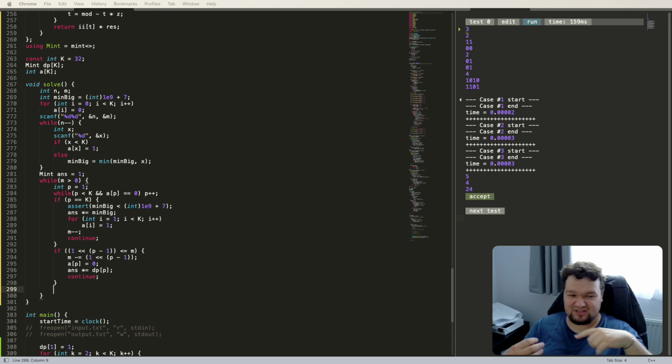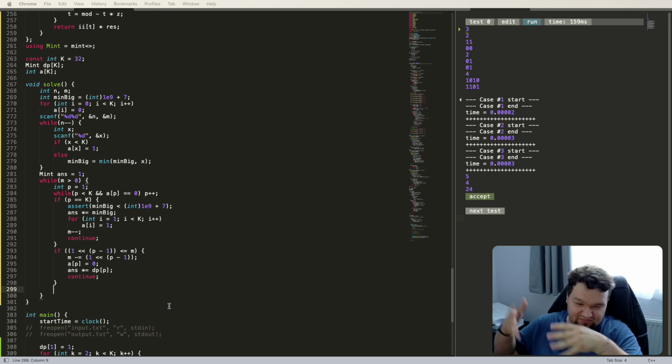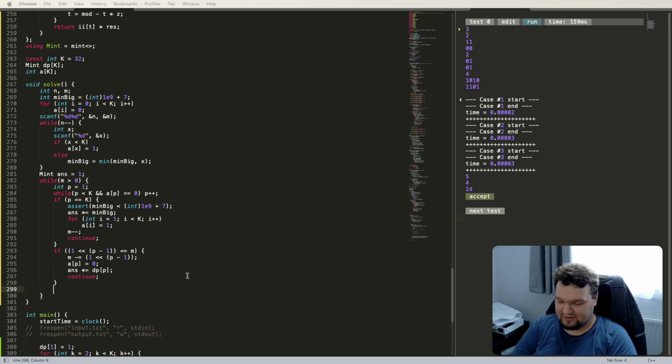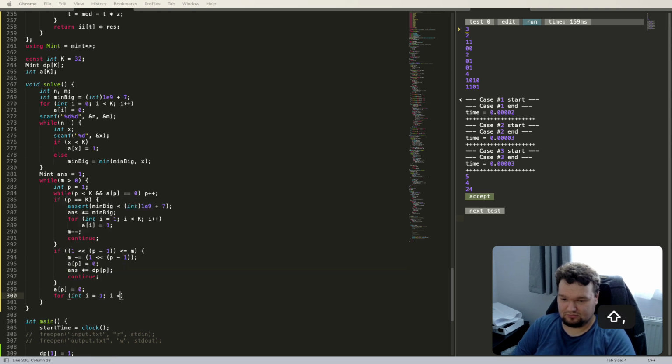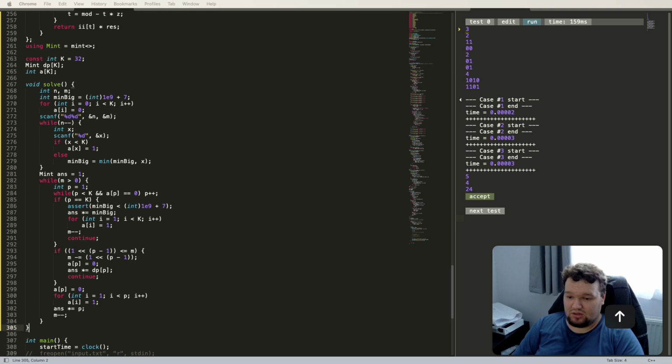Otherwise, I cannot do that because I will stop somewhere inside resolving all those recursive operations that will be created. So I will just do it by hand. I will do one operation and create all smaller, and then we will continue with our while cycle. And I have spent one operation.